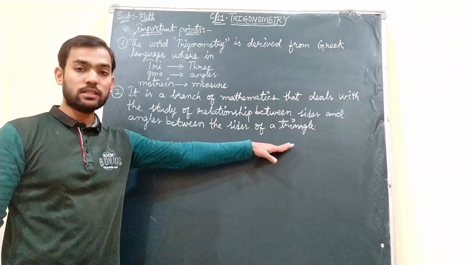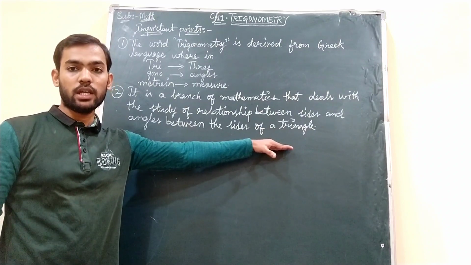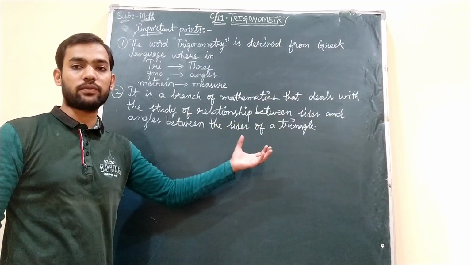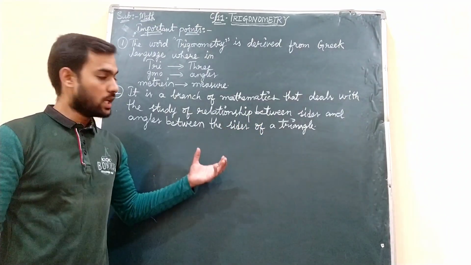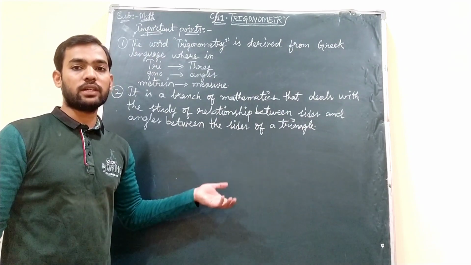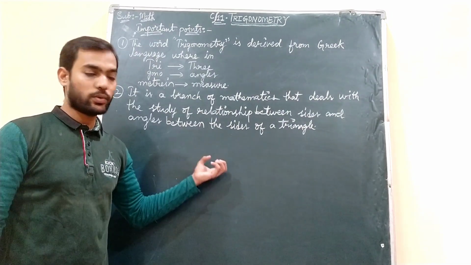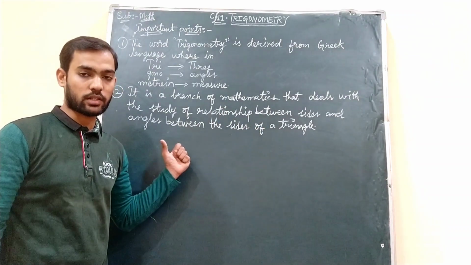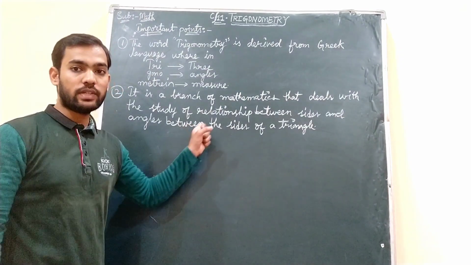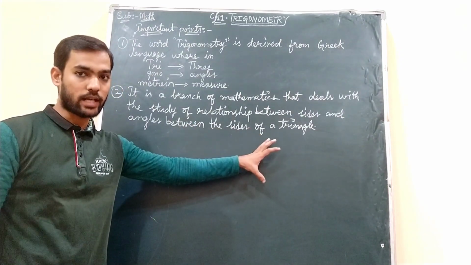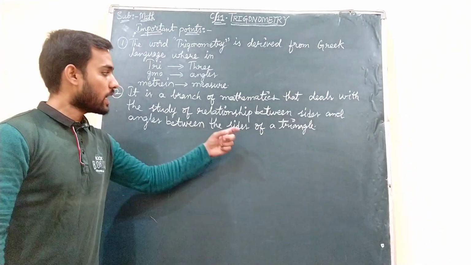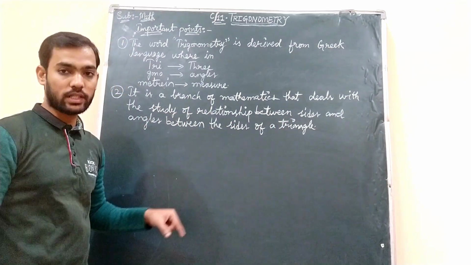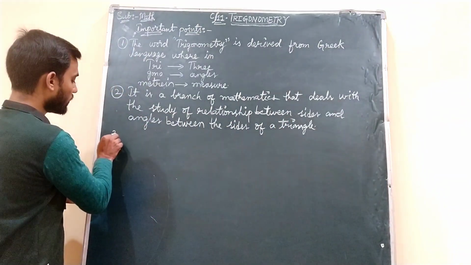Triangles are of many types, but in this chapter, trigonometry, we deal with the right angle triangle, because we have 6 different trigonometric ratios that we will see now. For that purpose we have different formulae for different trigonometric ratios. With respect to the right angle triangle only we can get the formulae of those trigonometric ratios. That is the reason here we will deal with the right angle triangle. Right angle triangle means one angle will be of 90 degrees, and we study the relationship between the sides of the triangle and the angles of the triangle. Now we will proceed.